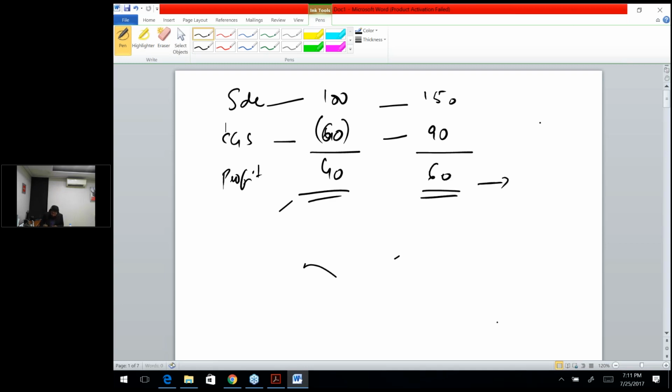If you see the increase over here, I've given this as a hypothetical calculation. It has increased by 50%, this has also increased by 50%, and this has also increased by 50%. If you calculate the GP margin, 40 upon 100 gives you 40%. If you calculate GP margin, it will be 60 upon 150, which gives you 40% again. Now what does this indicate? This generally indicates that if the sales increase, usually the cost of sales also increases by the same amount.